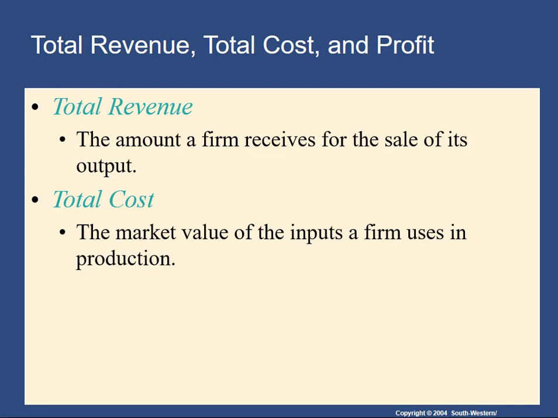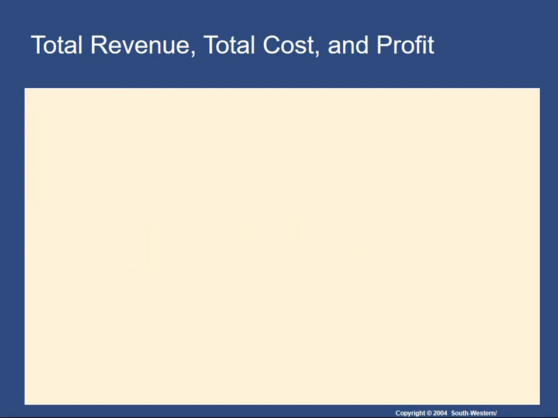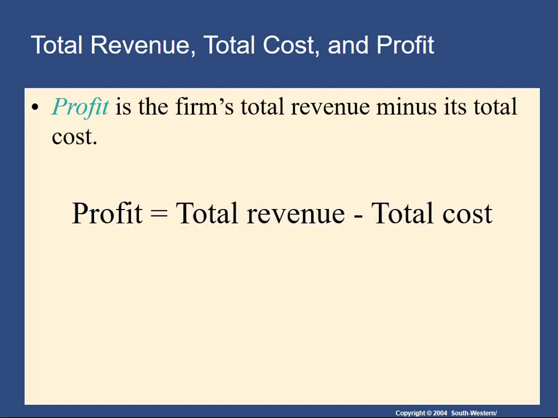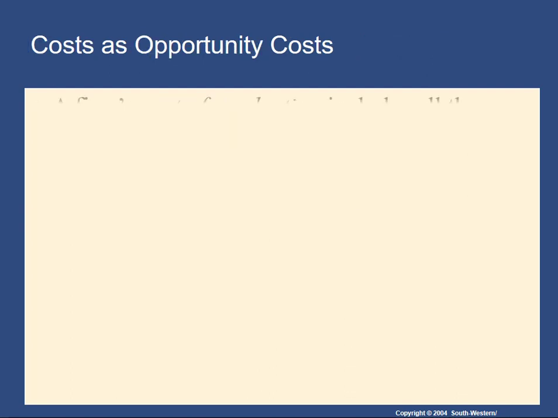And remember, we talked about it a little bit in lecture, but when we're talking about costs, we're going to specifically focus on the opportunity costs. And we'll talk a little bit more about that in a minute. But it's important because it's not just accounting costs. So profit is the difference between total revenue and total cost. It's the amount of money the firm brings in from selling its goods and services minus its costs of production.